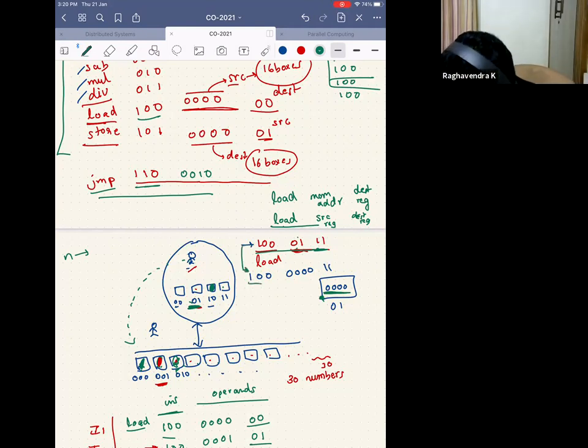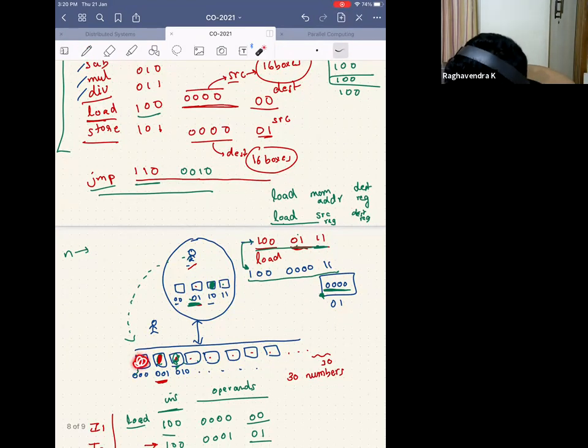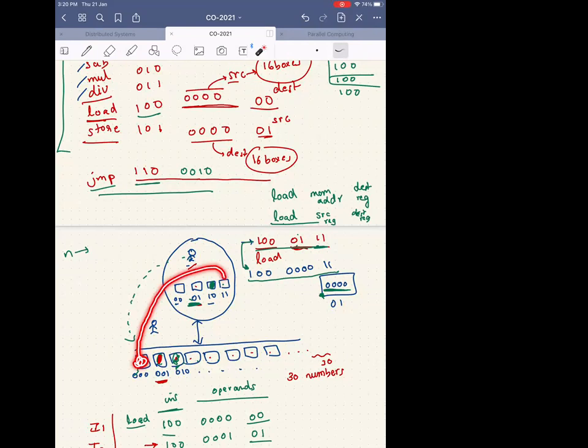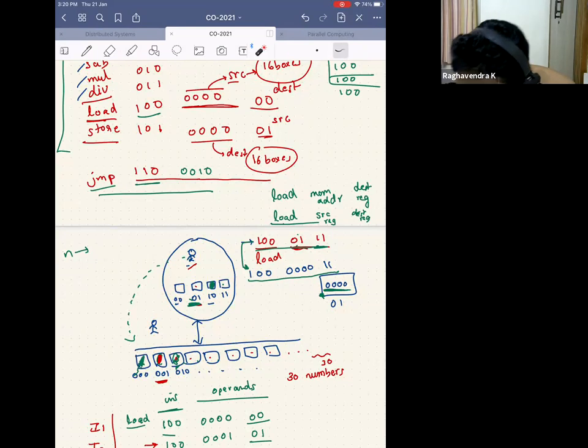So now this instruction will become 1 0 0 followed by 4 zeros followed by 1 1 and pass it on to this girl. Now what will this girl do? This girl will read whatever is there in this particular box and keep it in 1 1 1. Did everybody follow? Yes, sir. Okay, let's say you didn't follow. Let's say now I want him to use the same instruction, but I want him to make sure that whatever is here should be copied here. How will you do it?